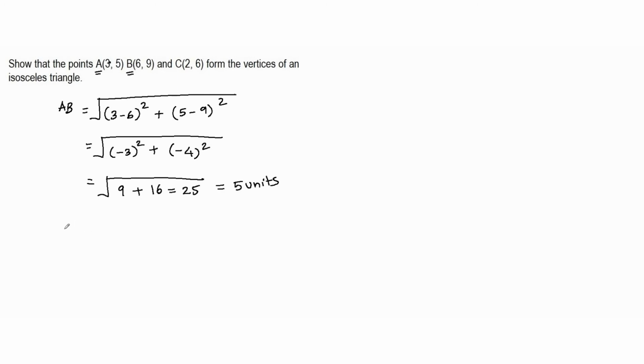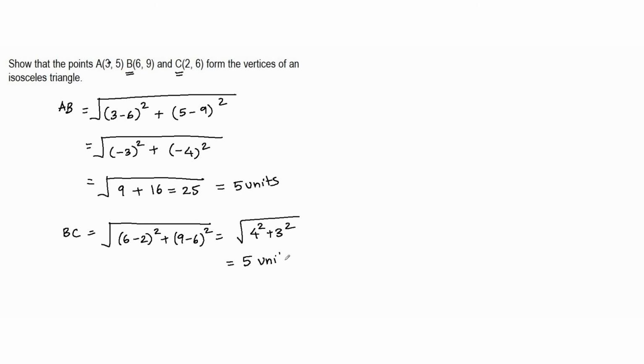Similarly, if I want to find the length of BC, I should take the points B and C, right? So BC would be the square root of (6 minus 2) the whole square plus (9 minus 6) the whole square, that is the square root of 4 squared plus 3 squared, and that is again 16 plus 9, 25's root is 5. So this is also 5 units. So I find that AB and BC are equal,